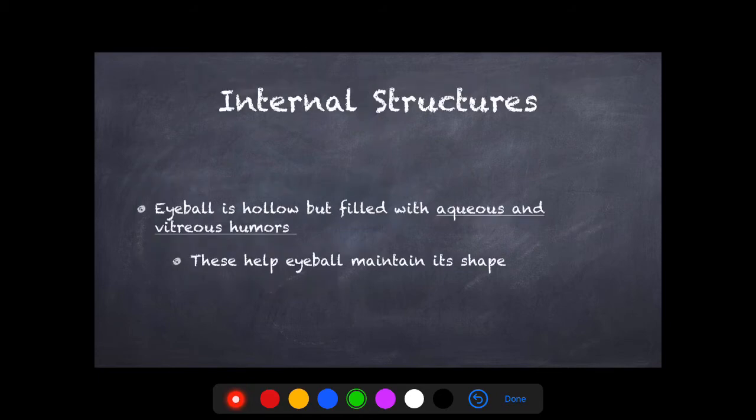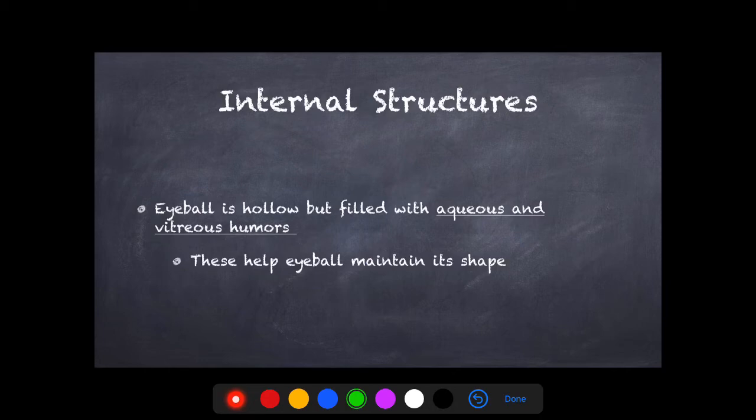All right, so let's talk about internal structures. We just finished talking about external structures. The internal structures are pretty much what the eyeball is actually made out of. So the eyeball is actually hollow, but filled with a fluid that's aqueous and vitreous humors. So I'll show you where these two are, but these two humors are actually very important in keeping